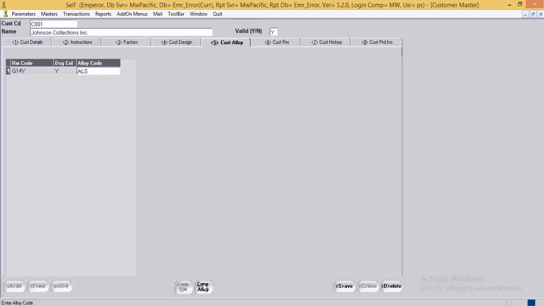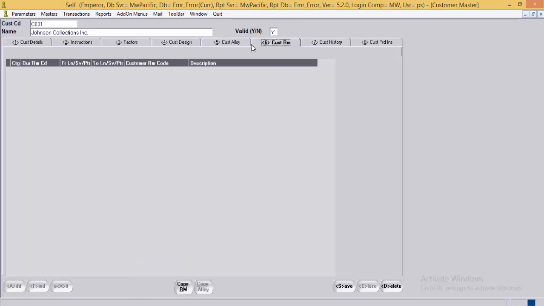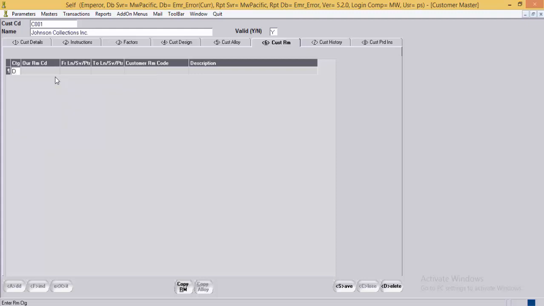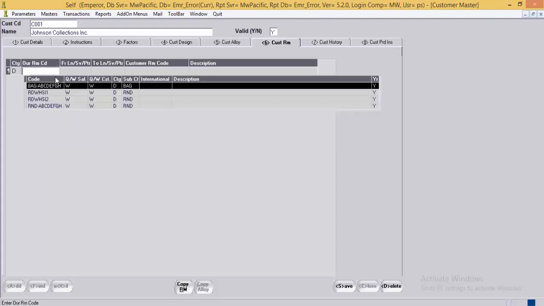Next is customer RM. The purpose of customer RM is the same as that of a customer design. The customer might refer to a particular RM code by some other name and needs to print that RM reference code on various customer level reports such as detail order printing, customer statement, etc. Then the RM category, that can be diamond, color stone. Then the valid RM code.